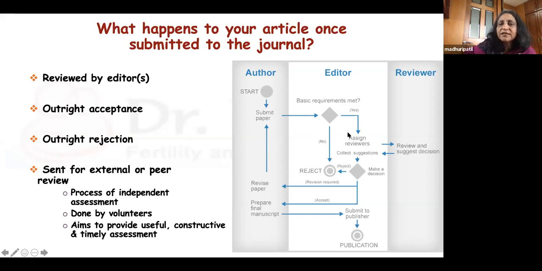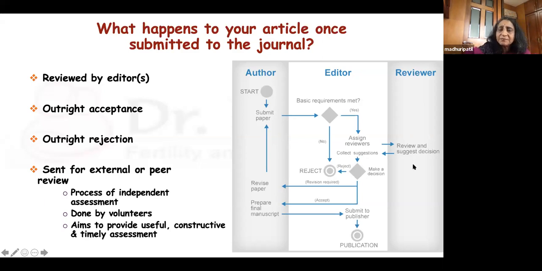When you're sending it to the external reviewer, it is very important to see that the identity of the author, his institute, his city or country is nowhere there, either in the title or anywhere in the article file. Second, you have to see that the abstract has to be structured. Then you have to also see that in the material and methods, they have properly written how they chose their subjects. So that is important. And then you send it for peer review.